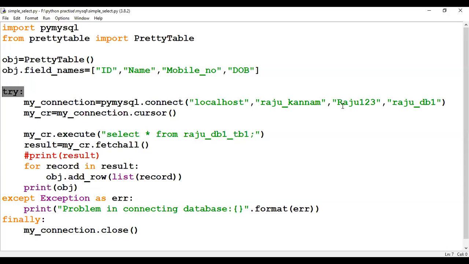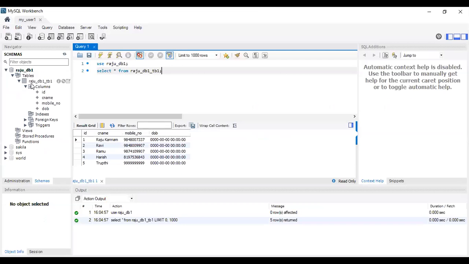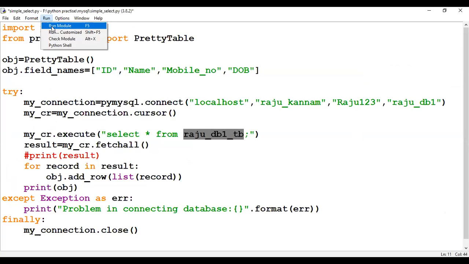Because say, for example, if I have given the table name wrong, then it will try to fetch records from Raju_db1_tb, but in my database I don't have a table called Raju_DB1_TB. I have the table called Raju_DB1_TB1. So if you mention that table name wrong and try to execute this, it will throw an error.